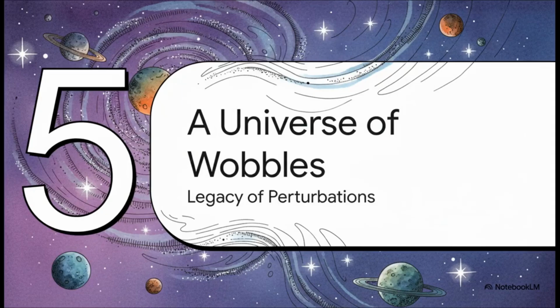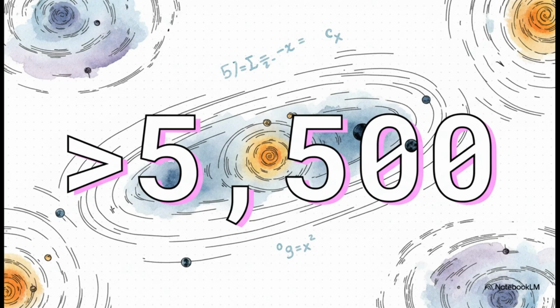So, from the wobble of a distant star to a flicker in the timing of a transit, what's the ultimate legacy of all this work? It's nothing less than a fundamental shift in how we understand our place in the universe. The results really do speak for themselves. As of today, we have confirmed the existence of over 5,500 exoplanets, and the vast majority of them were not seen in the traditional sense.